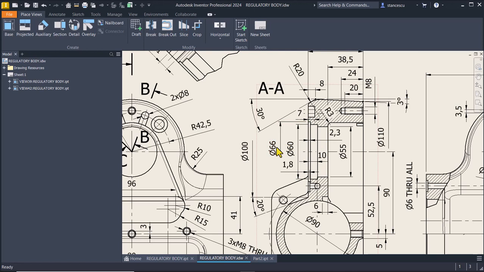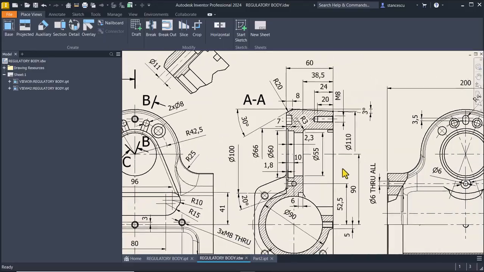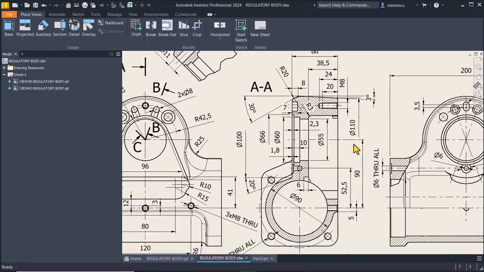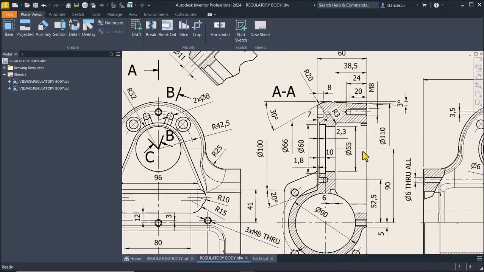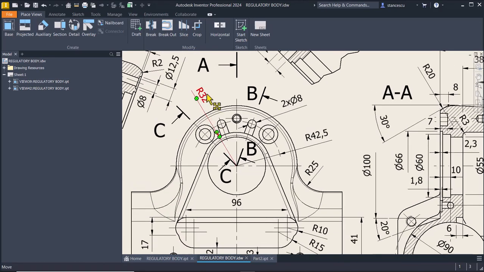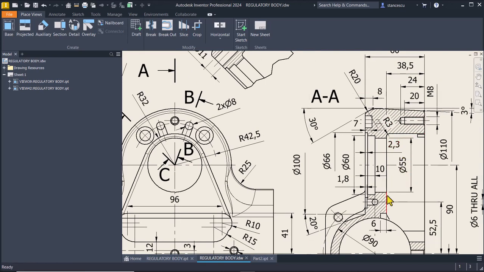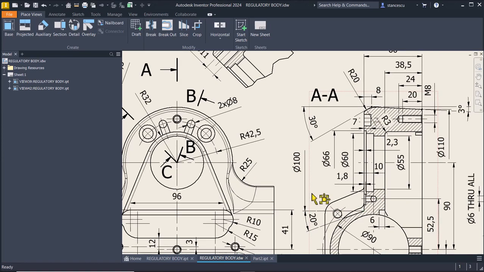No, 66 is with 2.3, 60 is with a depth of 10, 55, and it must be another dimension somewhere, but I don't see it. Oh, I see it. Radius 32 is this, with a radius 3 inside. Okay,